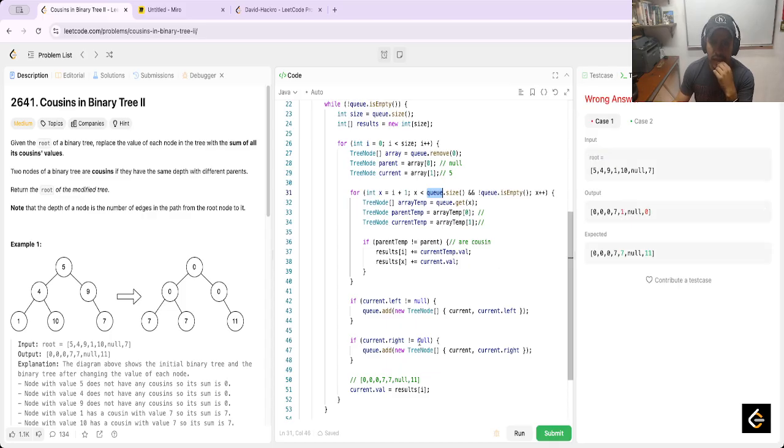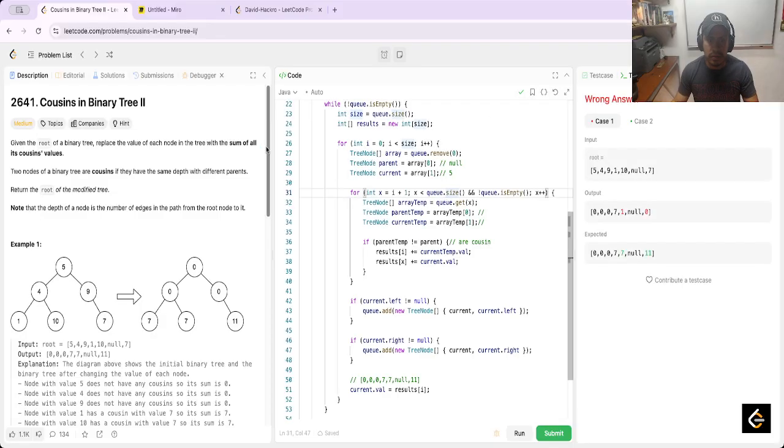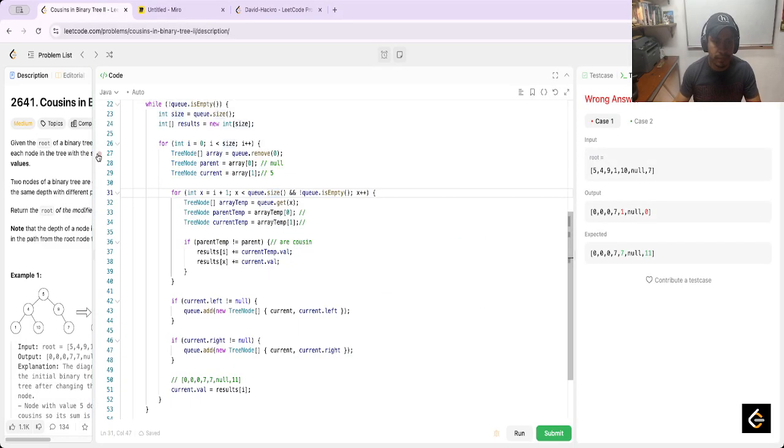Why? I think that I am losing the values. Result at index I. What is happening here? 0 0 0 7, and in the next